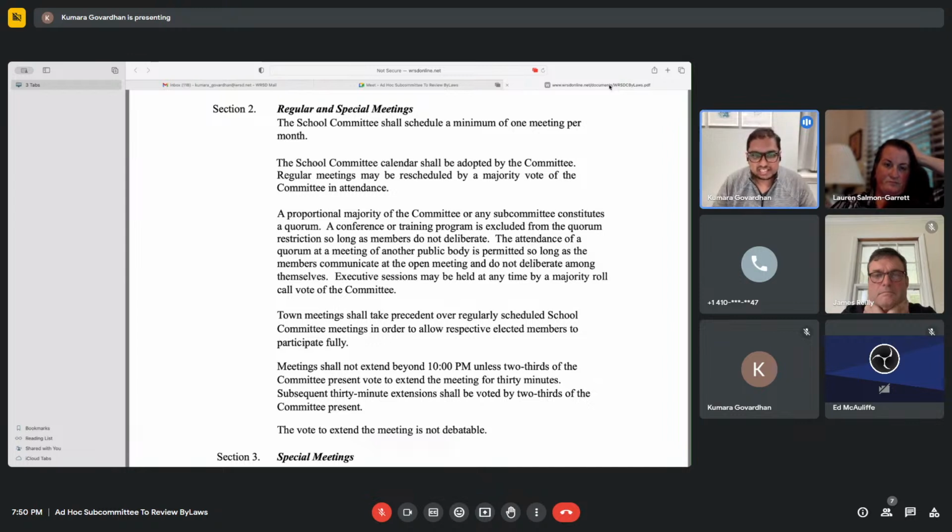And right there at the end, the meeting shall not extend beyond 10 o'clock unless two-thirds of the committee present vote to extend the meeting for 30 minutes, and then subsequent 30-minute sections of the meeting voted by two-thirds of the committee present.